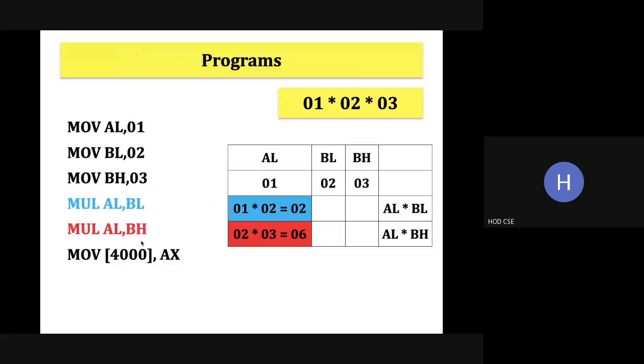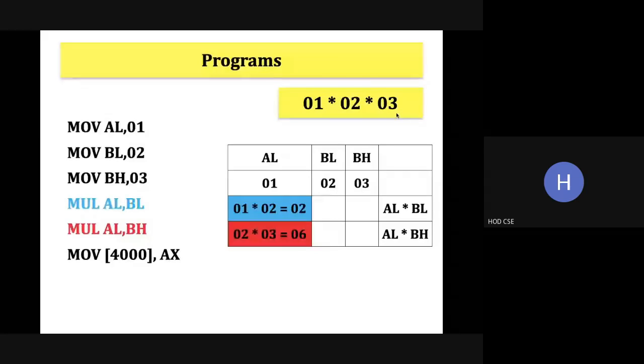So let's see the programs here. I have given this example for you, not as an assignment, but till now no student has submitted this. Anyway, let's see these programs. I'm going to multiply three data: 01 into 02 into 03. The first step is input, the second is processing, and the third is output. First, I'm making all this data available in the registers.